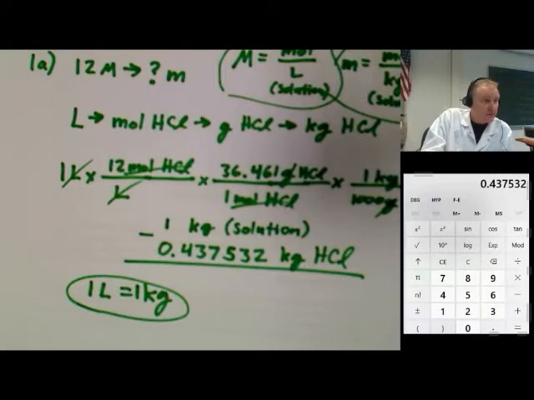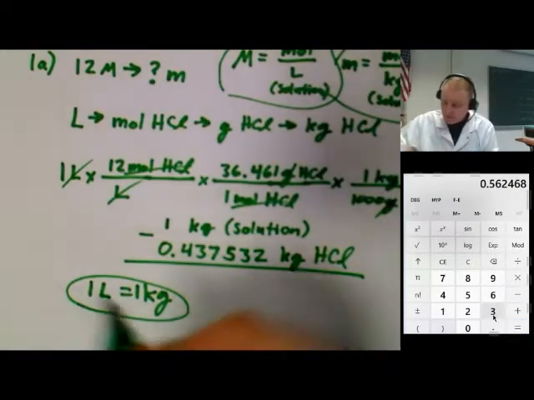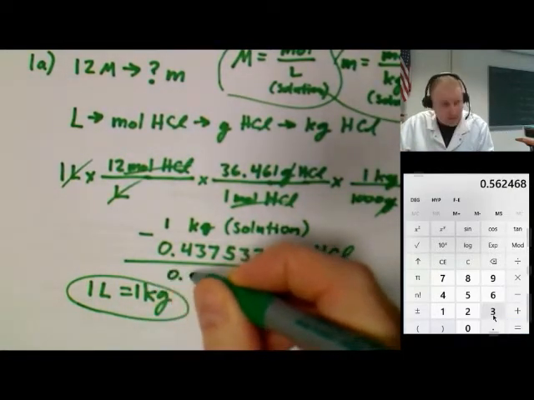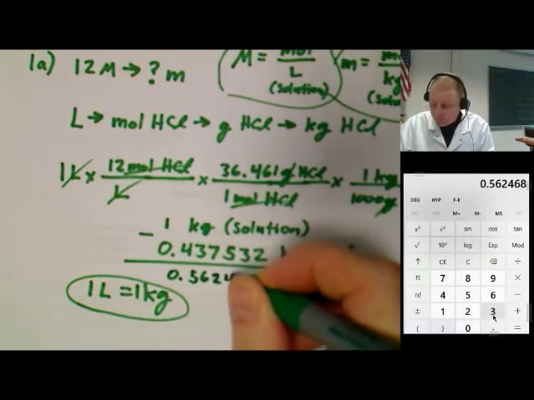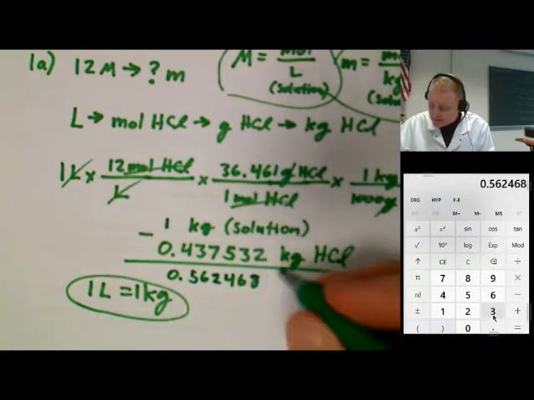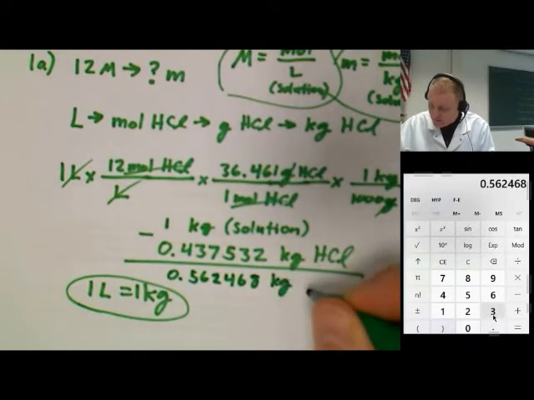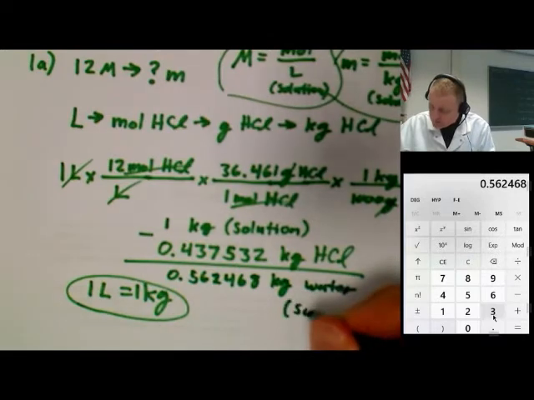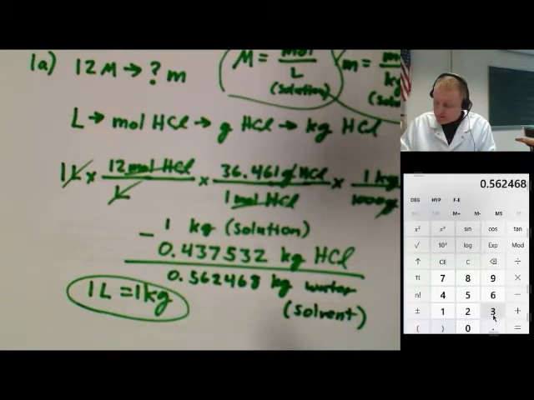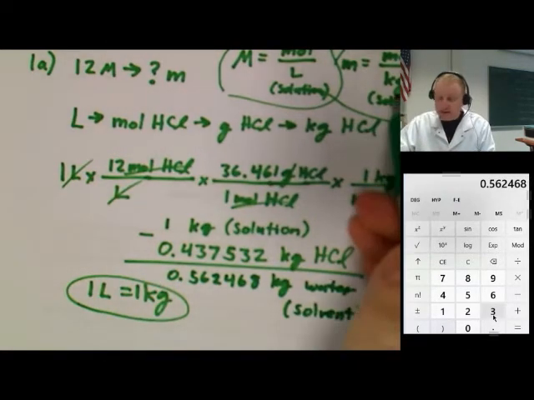0.437532. Is that right? 437. Yep. Looks good. Okay. And I get 0.562468 kilograms of water, which is my solvent. Okay. So that's an important number that I just solved here, this number right here, because that is my denominator